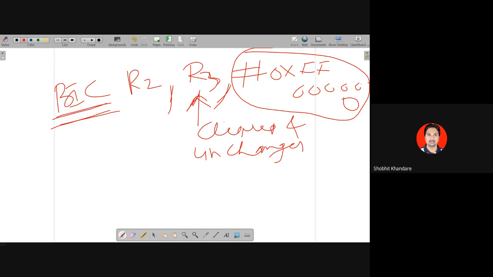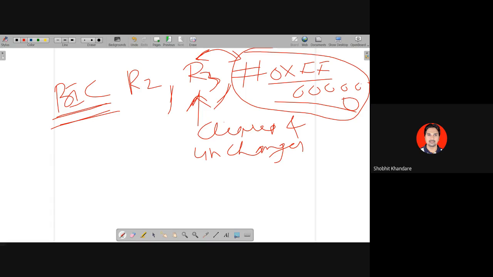मैंने क्या बोला था? BIC क्या करता है? It performs AND with NOT. It performs AND operation. So AND operation is done between R3 and not of this. तो ये आप आराम से घर पे करके देखना, ये R3 का you can take any number. It should be of 32 bits.